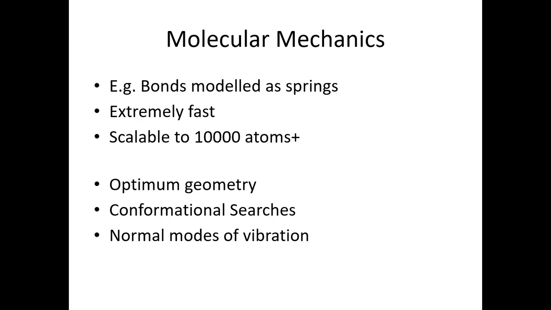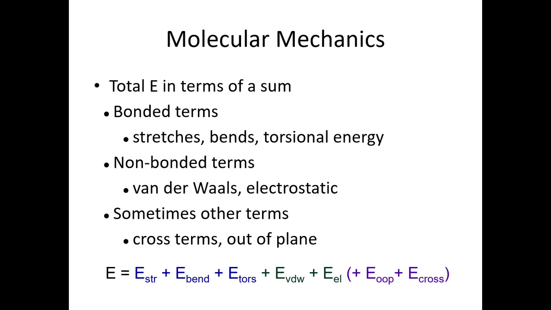You can get things like optimum geometries, you can try and find the most favorable conformation, and we'll speak a bit later about normal modes of vibration. Now, to do a molecular mechanics calculation, we need to calculate the total energy of a molecule, and that total energy is calculated in terms of the sum of bonded terms and non-bonded terms. We're going to, in this lecture, look at the first of the bonded terms, which is a stretch term,